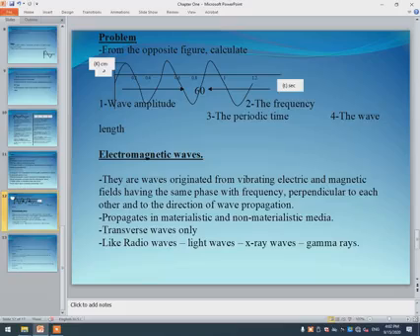The wavelength, its symbol is lambda. Lambda's rule equals total distance over number of waves. Total distance over number of waves. So the total distance in front of you here is 60 meter, and the number of waves here is 3, so lambda will be 60 over 3, so it will be 20